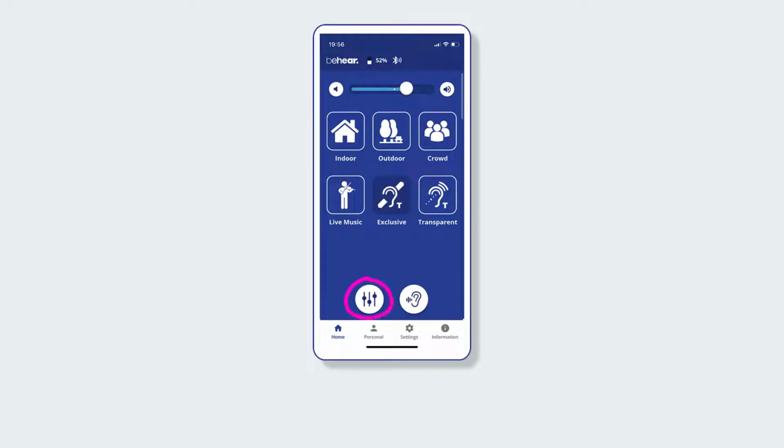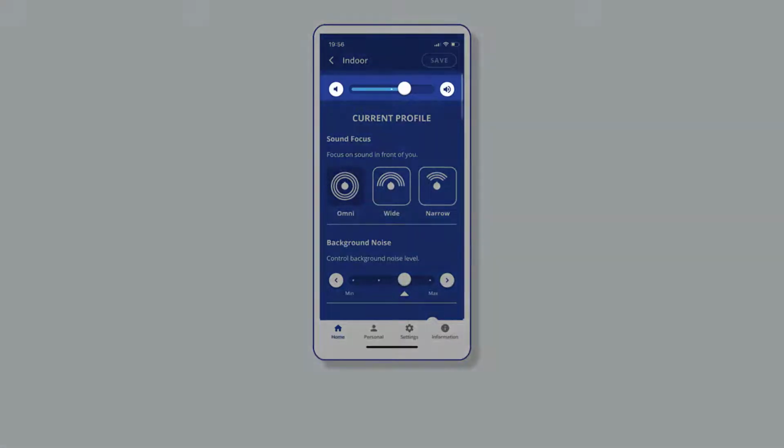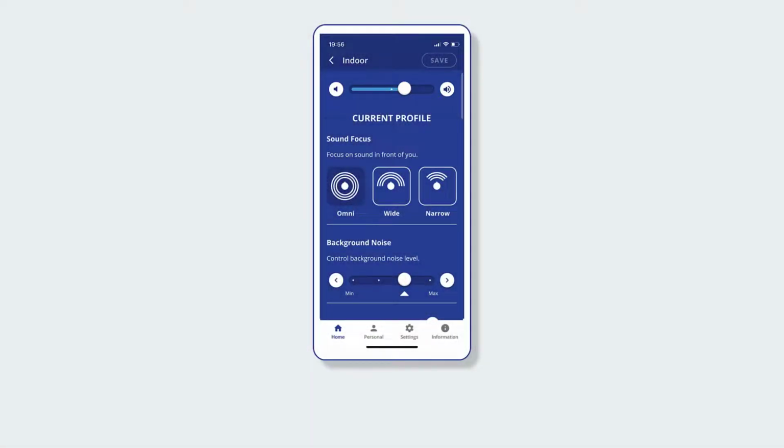The tuning icon at the bottom of the screen is where the magic happens. This opens the audio settings screen. The first slider is the volume control, the same as the one displayed on the main home page. Just below that control are some handy tools for improving live hearing in noisy environments. The first set relates to the current hearing profile.